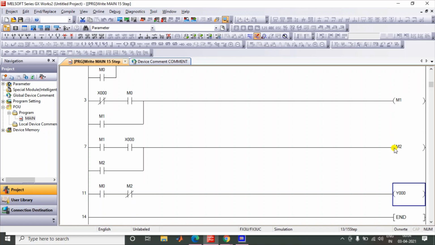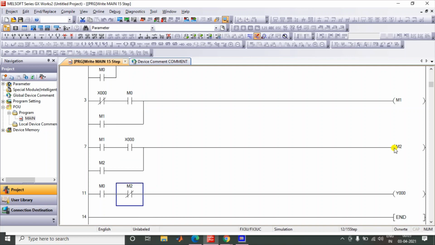And from Y0, my lamp is on, and till the last, when I press X0 again, the lamp is on. That logic is completely true for one scan cycle, but for the next scan cycle, what is happening?